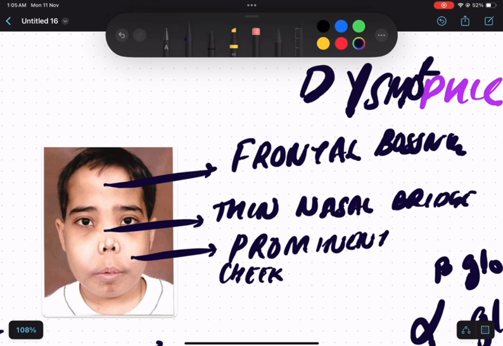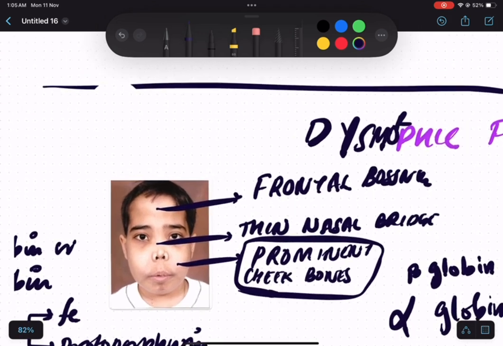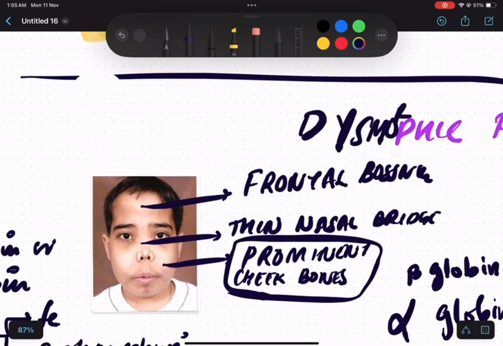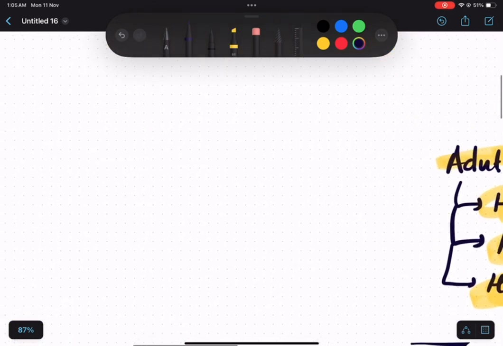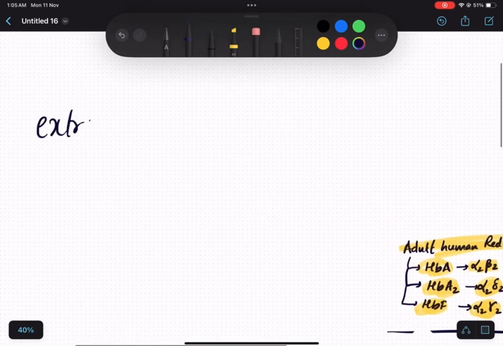Why these prominent cheekbones are present in patients with thalassemia is mostly due to extramedullary